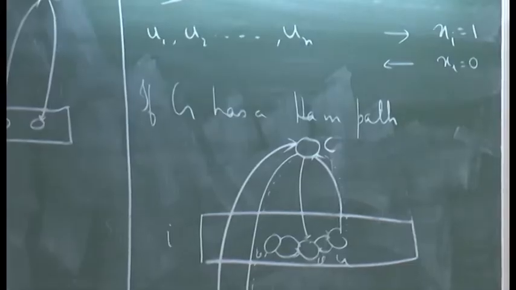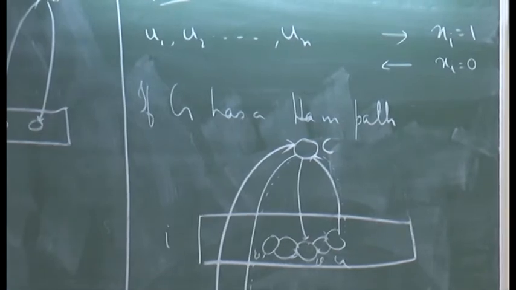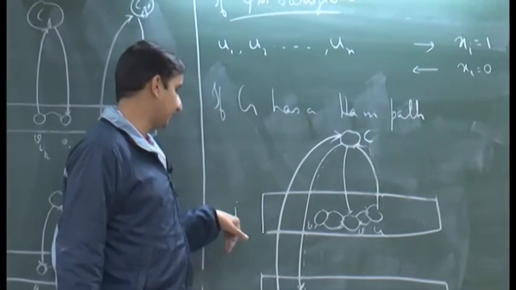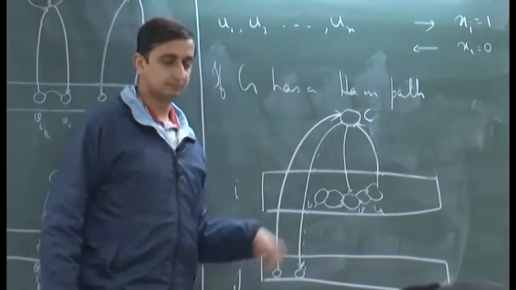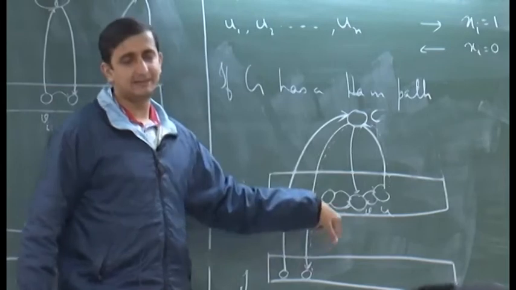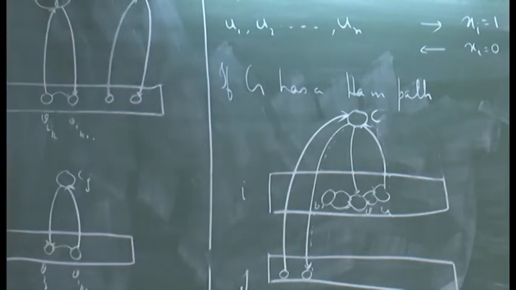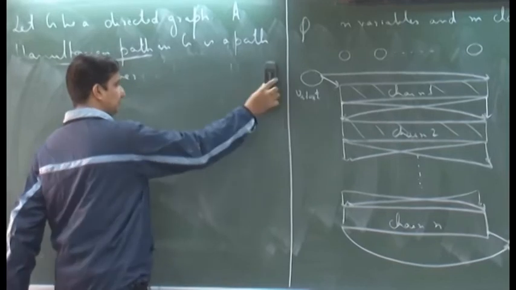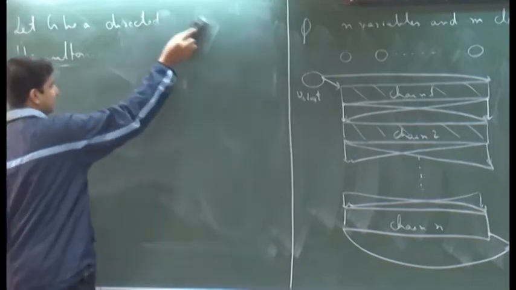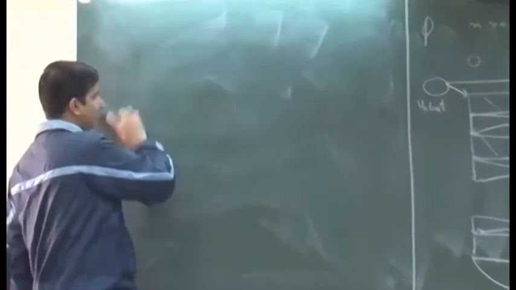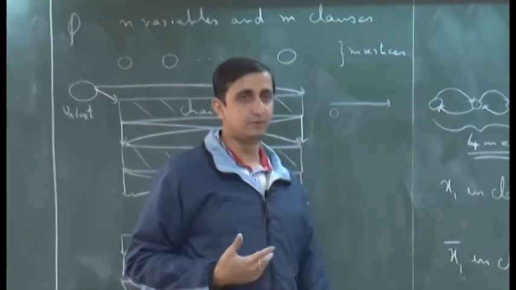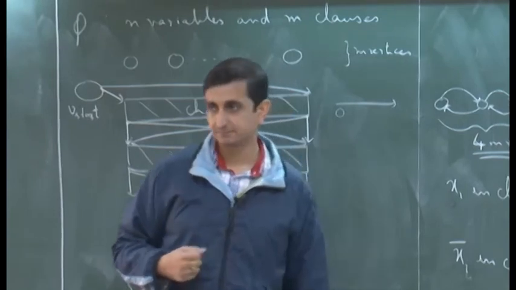So, every clause will be visited from some particular i. Maybe that many clauses are visited from a particular i, but there will be some i from which there will be a jump to a clause and then back to the adjacent. Any other questions? So, what I suggest is you go back and complete this proof. The ideas are all present, just make sure you write down the complete proof, that will help you to verify the complete correctness.